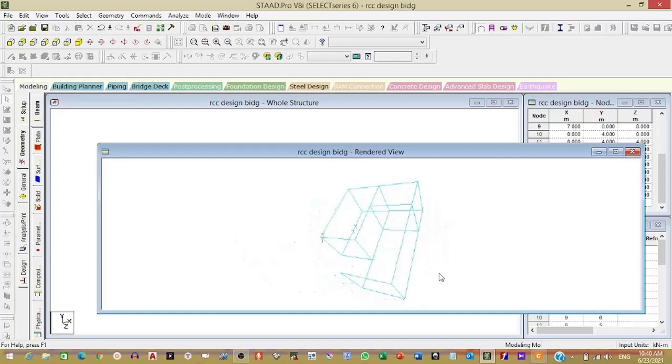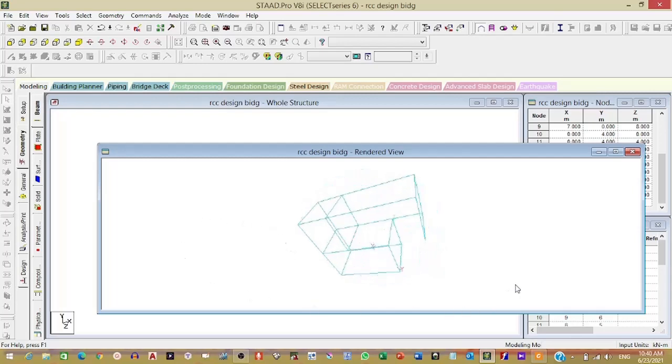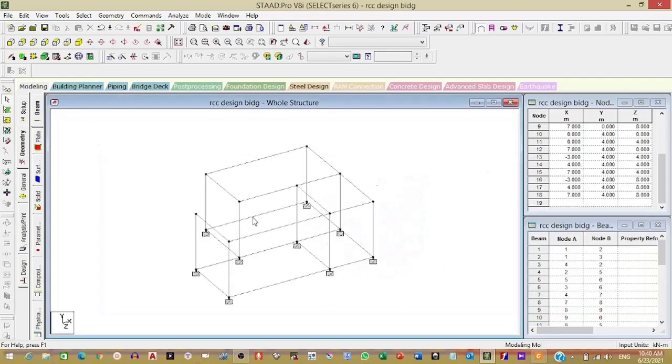There are other methods, but we'll see that later. Here this is the very basic one. A person who doesn't know the software can also do the designing. So now this will be clear.